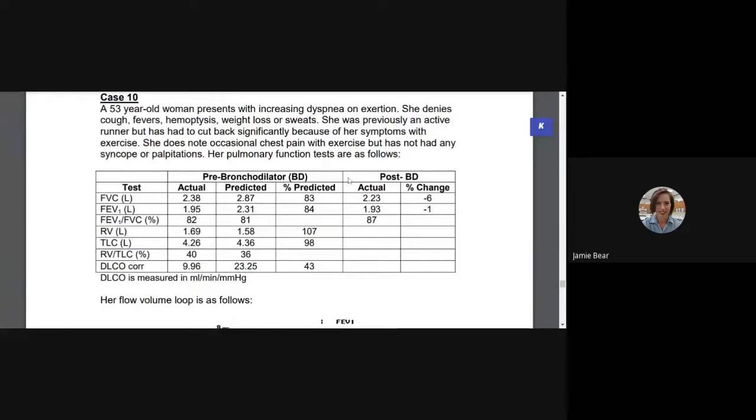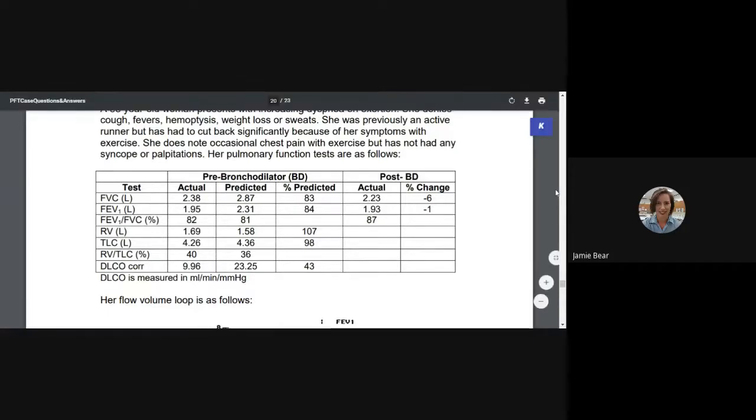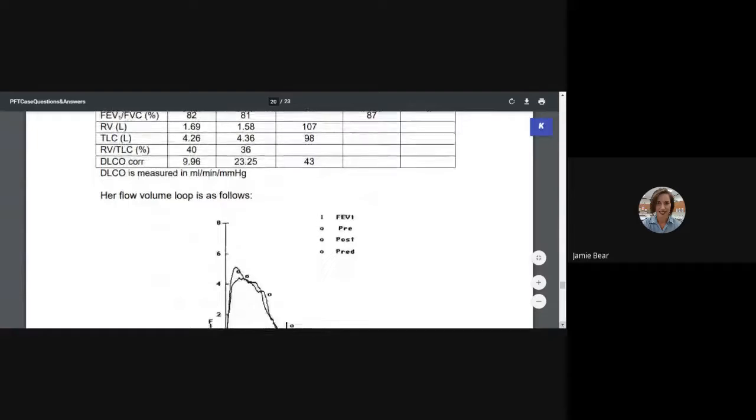Her PFTs are as follows. Okay, 83%, 84%, and 82%. And her volumes and capacities are also normal. So her spirometry and her lung volumes and capacities are normal. However, her DLCO, her diffusion capacity, is only 43% of predicted. So even though everything looks fine with her lungs, that diffusion